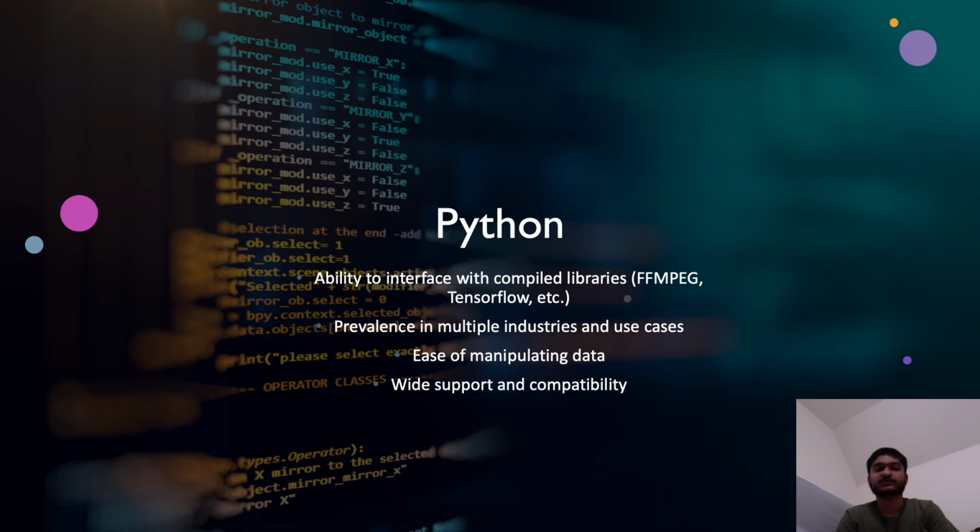Another thing with Python is its prevalence in multiple industries and use cases. You can build a website with Python. You can control GPIO pins on a Raspberry Pi with Python. You can basically do a lot of things with Python. Python is everywhere. And that's something that you can see with JavaScript as well today. But a very important thing